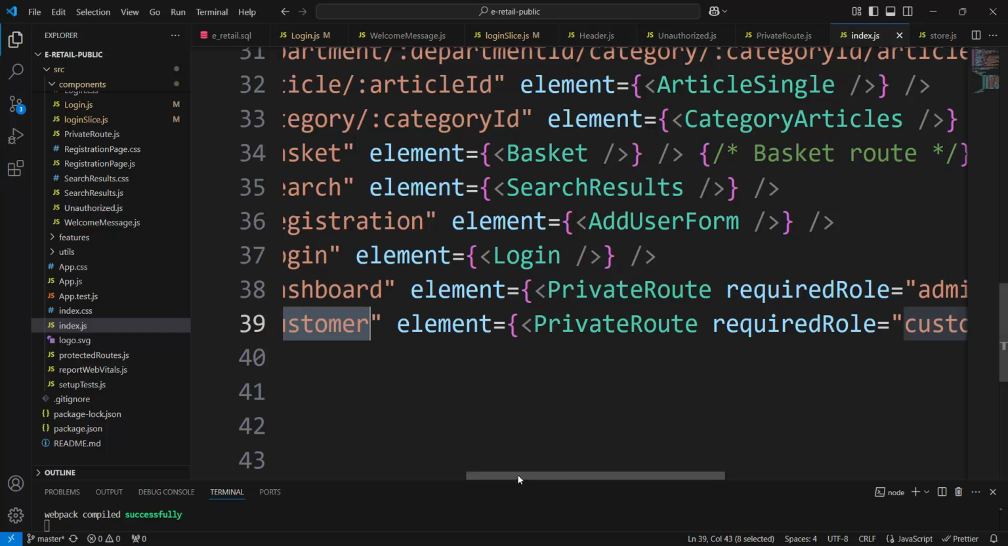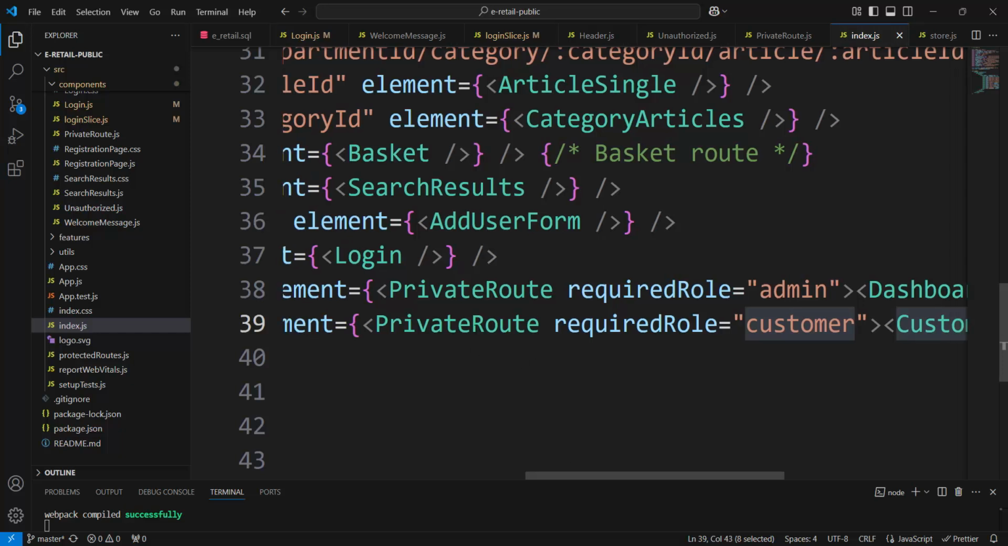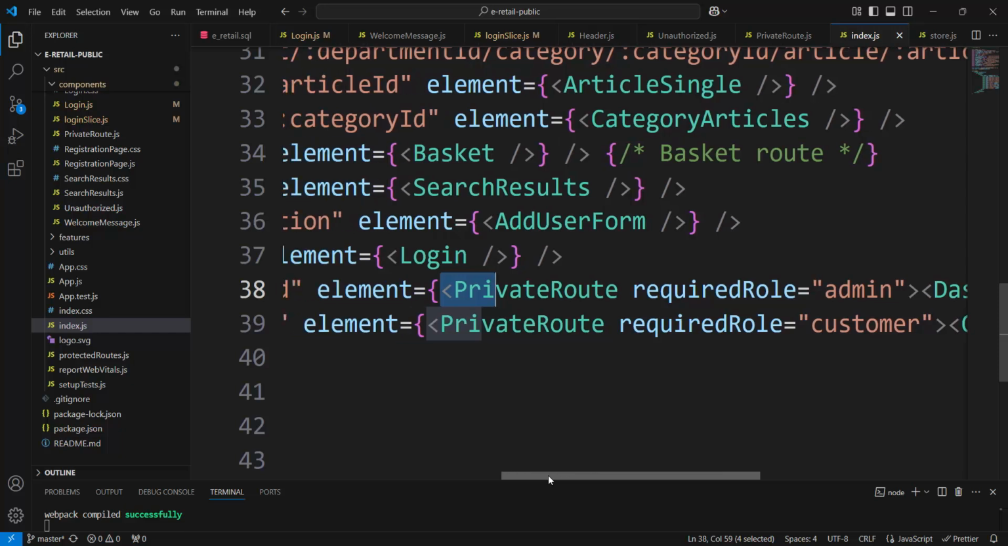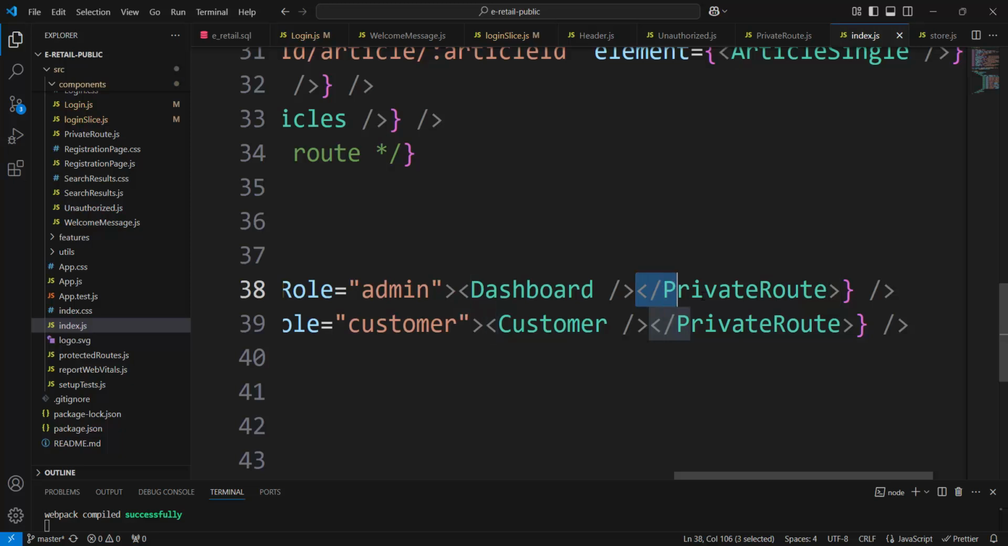And for that, we have a private route. Here is the component PrivateRoute. And PrivateRoute is around the opening and closing tags. Look at PrivateRoute: around it, what component would be displayed in the outlet when the role is admin. When the role is customer, it would display customer, it would navigate to